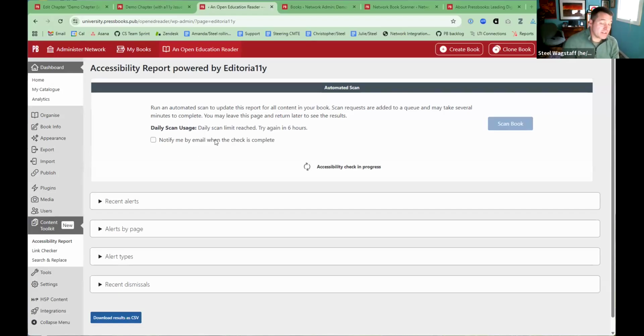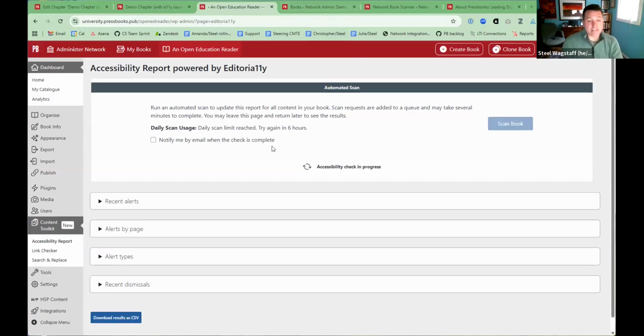So I do think notifying me by email is a nice feature to have. I probably should have done this in advance rather than in a live demo, but I'll come back to this a little bit later. And the answer is, if it gets stalled and stuck on this and it's taking longer than you think it ought to, like if it's been several hours and you still haven't received the email, that's a situation where you may want to contact Premium Support and say, hey, can you just check on the status of this? Is it still in the queue or did it fail without notice? We think we have good error handling and we aren't observing jobs that are failing without notice at this point, but this is still in a free trial period. There are always things that we're learning and we want to make sure they're fixed, so if you catch a bug or you see something, just say something, let us know.